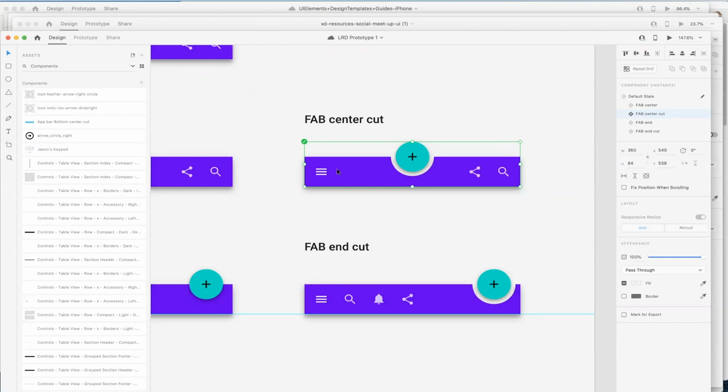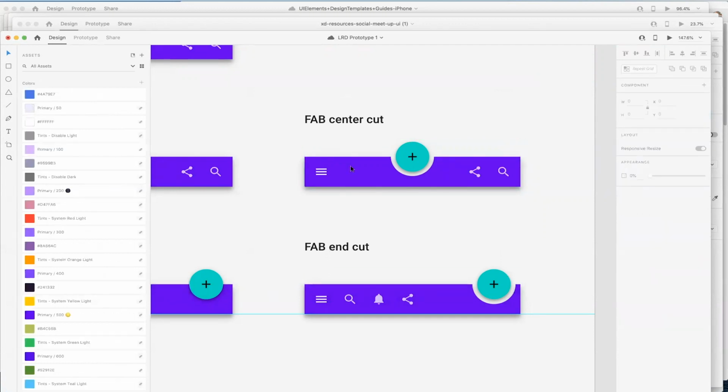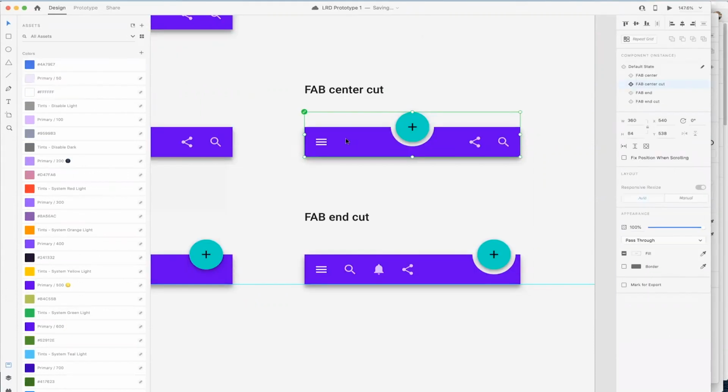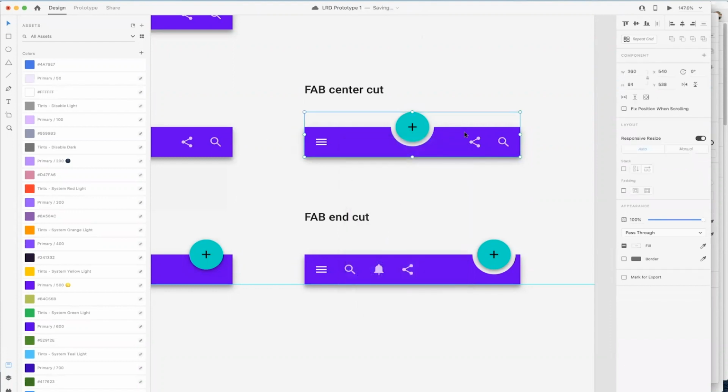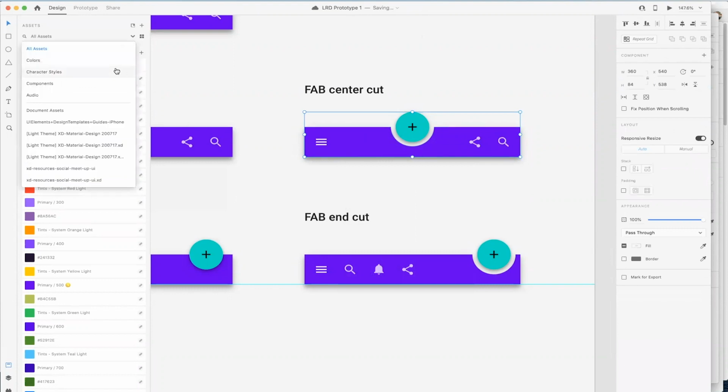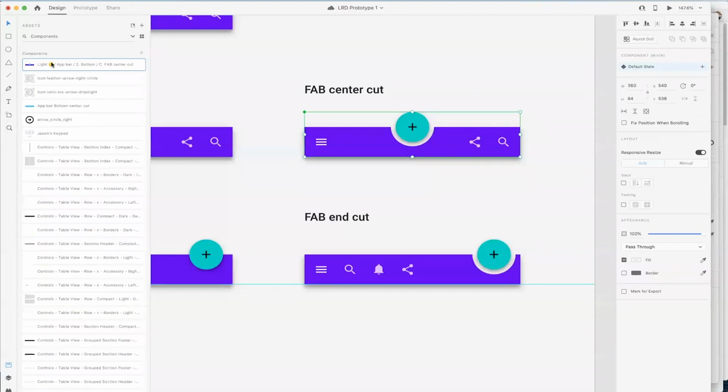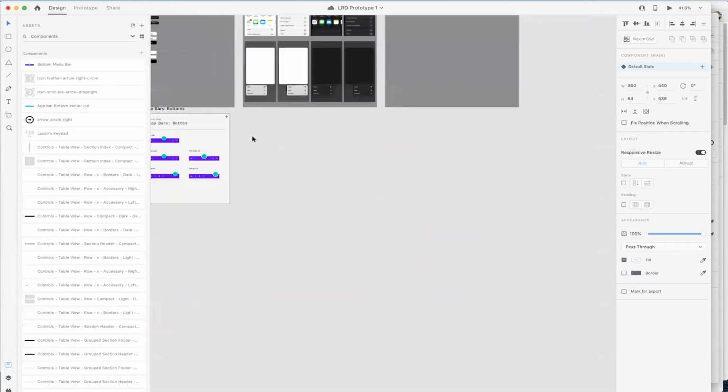Similarly, if I've copied over a particular component from an outside source or from a different kind of document, you can make them local as well. You can unlink them. One thing you can do, for example, is just go ahead and click unlink component, and this now creates its own instance of it on that document. If I wanted to go into components and add that in as a bottom menu bar, for example, now that exists there,